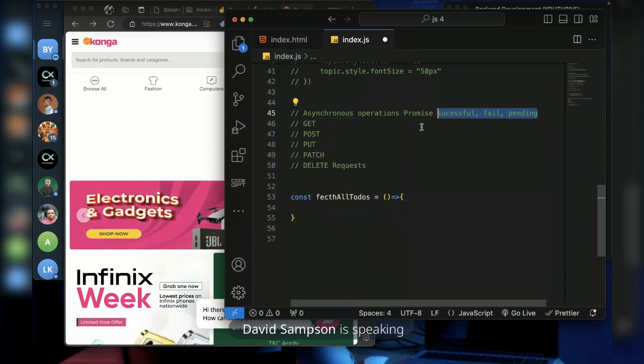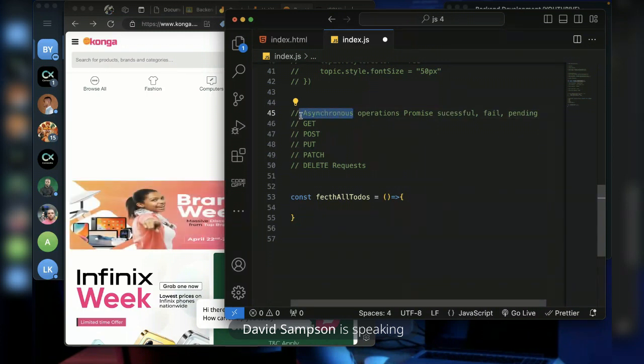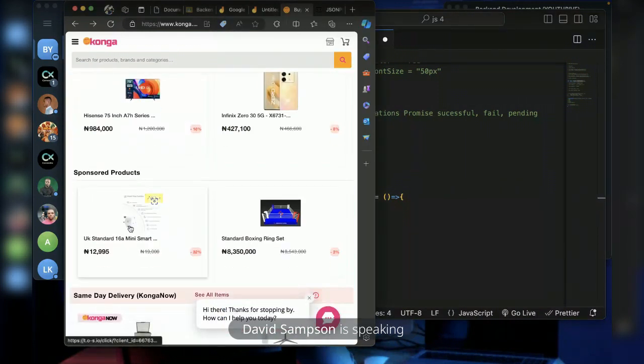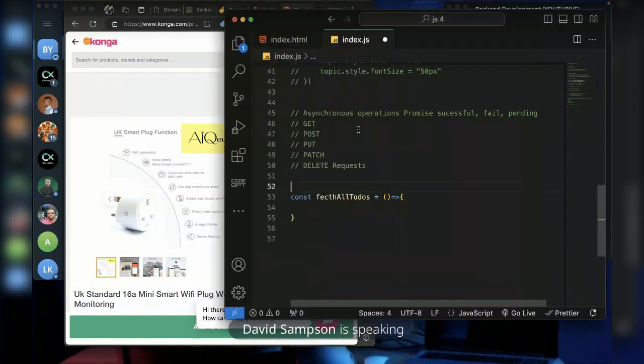So why are these things going on? They are called asynchronous because they take time to happen. You don't just click a button and it shows up in the blink of an eye. No, it will take a while to come back. That is why it is called asynchronous. It's called asynchronous because it takes a while to run. And since it will take a while to run, you have to indicate in your function that this function may not complete in the blink of an eye.